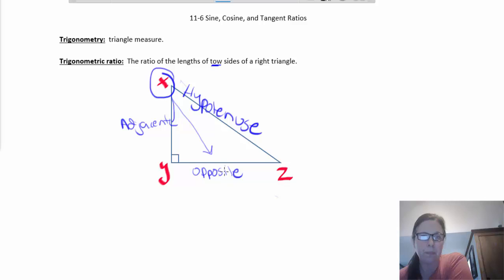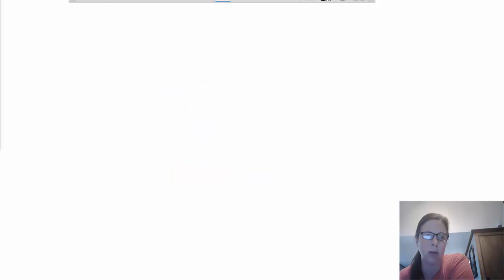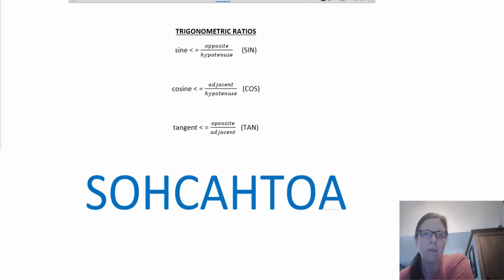Okay? Alright, so let's see. In this one, we wouldn't have to figure out the right angle because it's already 90. We already know what it is. Okay? So some trig ratios are sine, which we just normally abbreviate as SIN. I just put this little angle sign. So sine of, you could say angle A or angle 1 or whatever, is equal to the opposite length over the hypotenuse length. Cosine is adjacent over hypotenuse, and tangent is opposite